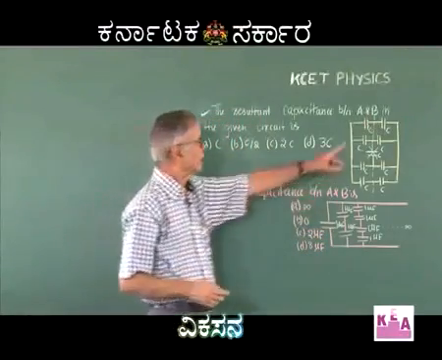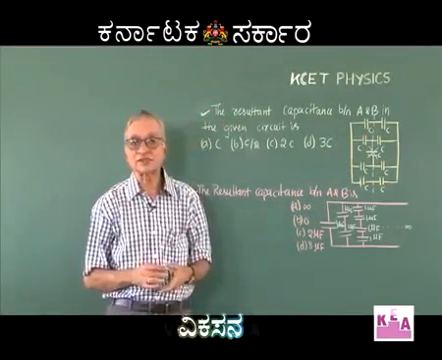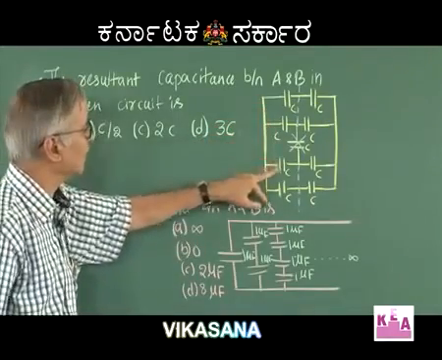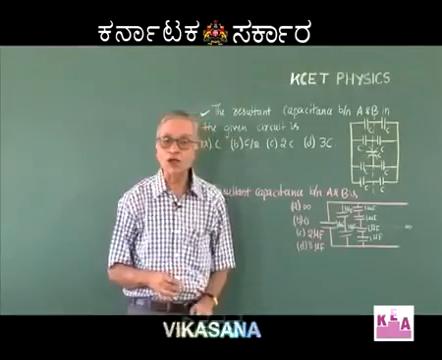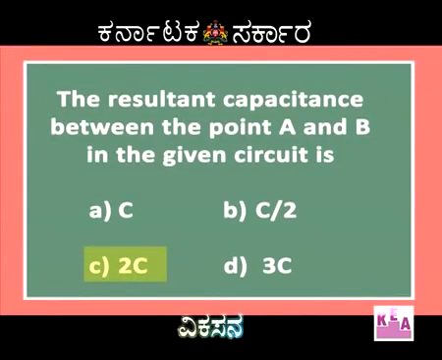You know that when C and C are in series, effective capacity is C by 2, and C by 2, C by 2, C by 2 and C by 2 are all connected in parallel. Therefore, effective capacity will be C by 2 plus C by 2 plus C by 2 plus C by 2, that is equal to 2C. Therefore, the correct option is